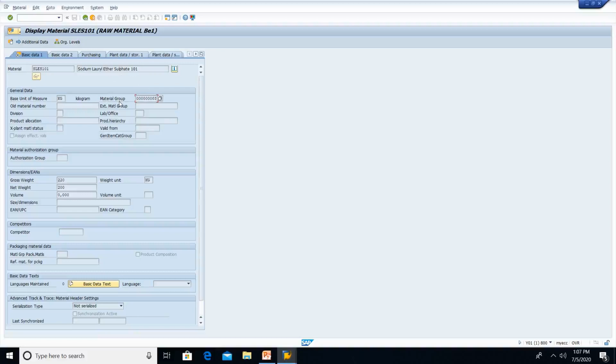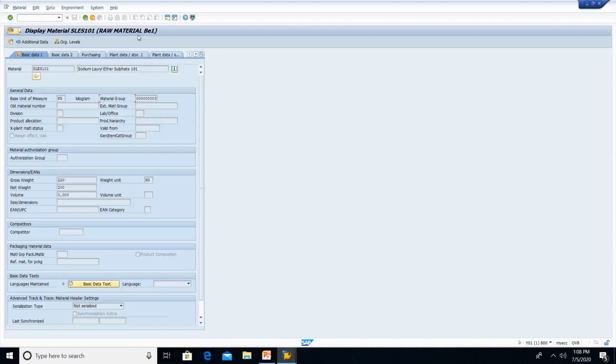Material group, by the name itself, we can see is the grouping of several materials with the same physical attributes like chemicals, plastics, steel items, iron items, auto accessories, spare parts, and etc. Then what is the material type I have used for this material? I have used raw material because most of the time we buy the raw material. We sell the finished good to the customer.